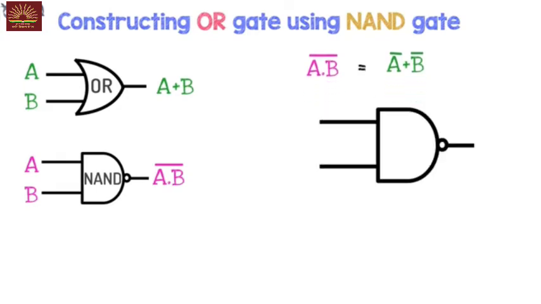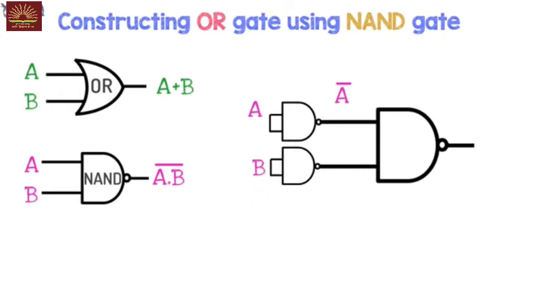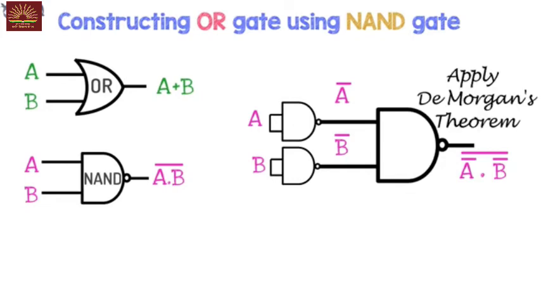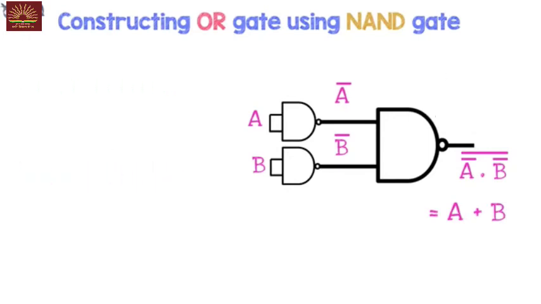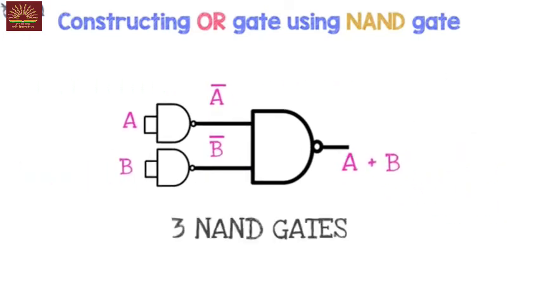So let's invert the inputs of NAND gate. However, keep in mind to only use the NAND gates. Let's connect a single input NAND gate after A. This gives A bar. A single input NAND gate is connected after input B. This gives B bar. The final NAND gate gives the expression (A bar and B bar) with a bar over the term. We will apply De Morgan's theorem. You already know how to solve this. We get A or B. Thus, using 3 NAND gates, we obtain an OR gate.